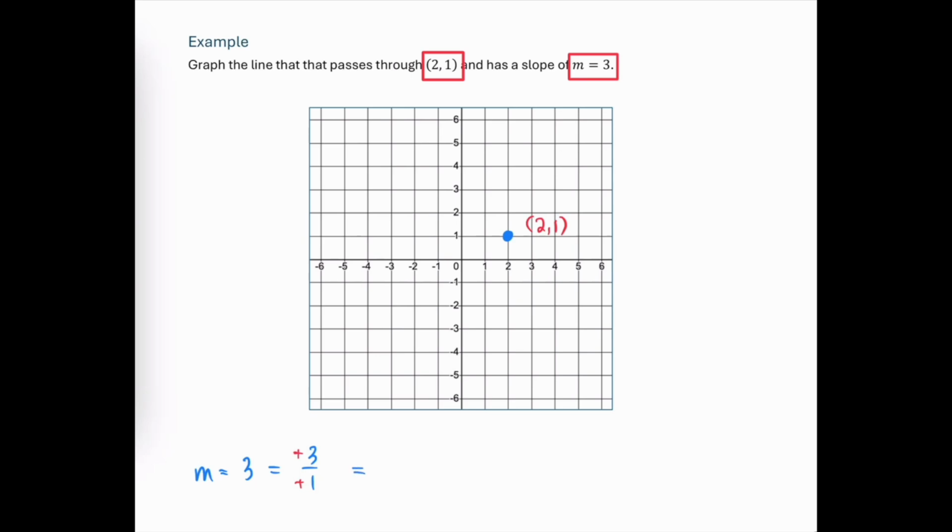But let's notice that we could also get that positive slope by going down 3 and left 1. Either one of these is going to give me a net result of having a positive slope. So let's do both. Let's go up 1, 2, 3, and then to the right 1, which lands here at 3, 4. But we could also go down 1, 2, 3, and then to the left 1,